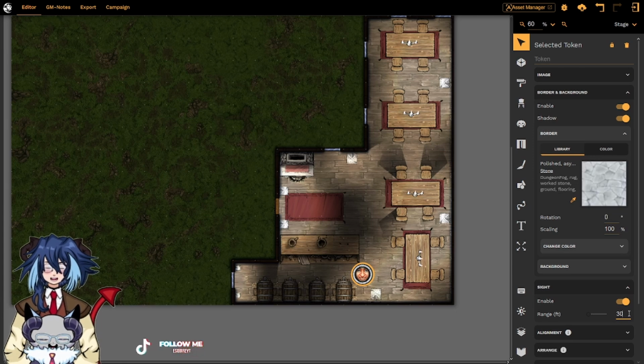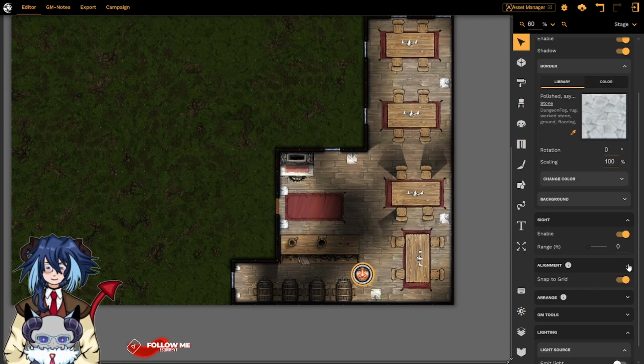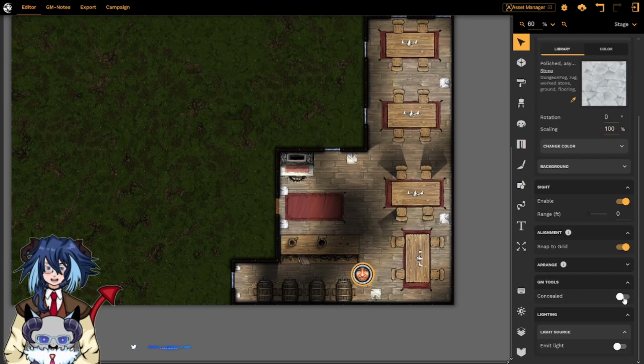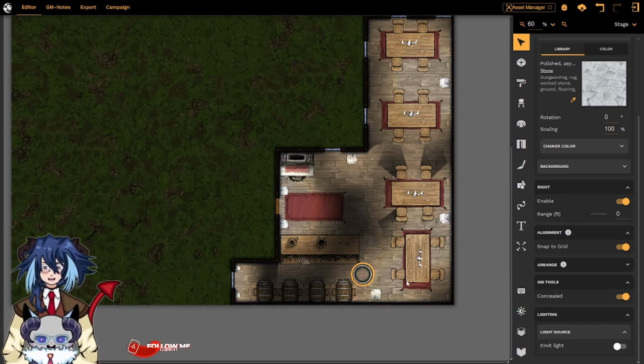Most creatures, especially humans, have an effective range of about 30 feet. Our alignment, of course, snap to grid or not snap to grid. Our arrangement, this we'll touch on more when we enter into the levels and layering tool. Our GM tools, whether this creature or token is concealed or not, and exactly like every other type of asset that is out there, if it's concealed, it just becomes a little bit more transparent. In this case, you can barely make out the vision of the token inside the bordered